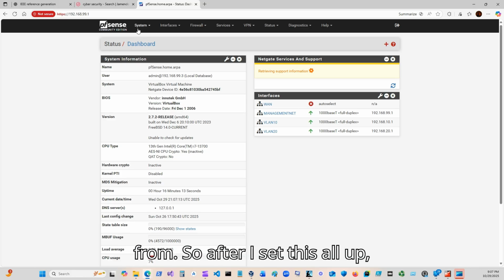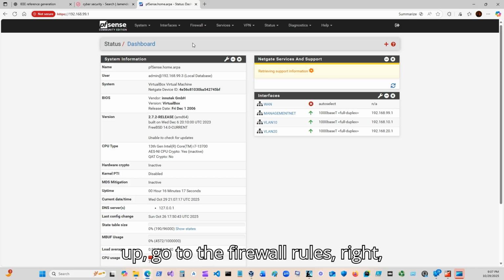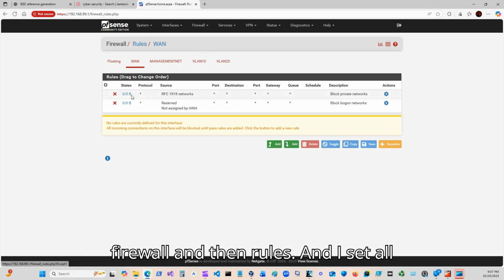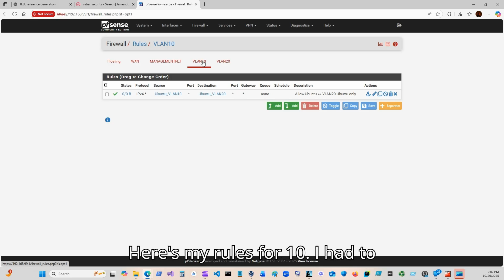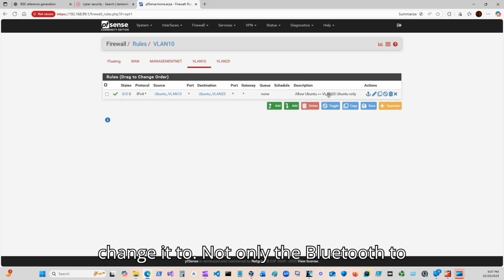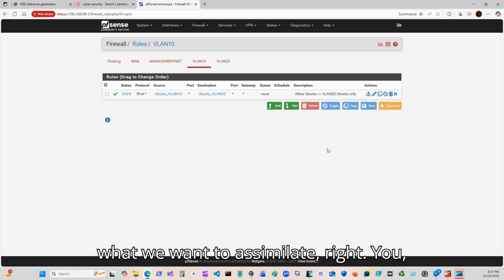So after I set this all up, I tested it, right? I set the firewall up. So we go to the firewall rules, right? Firewall and then rules. And I set all this up. So let's go to VLAN 10. Here's my rules for 10. I had to change it to allow only the Ubuntu to VLAN 20 to communicate, which is what we want